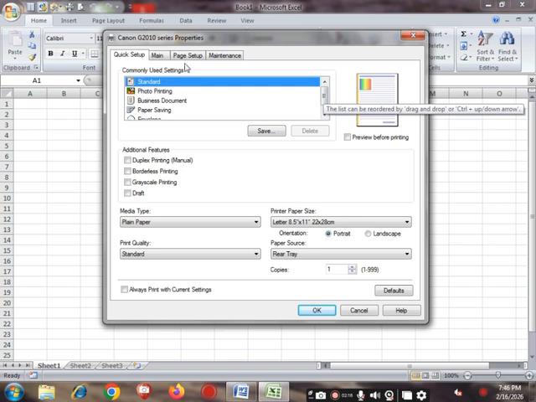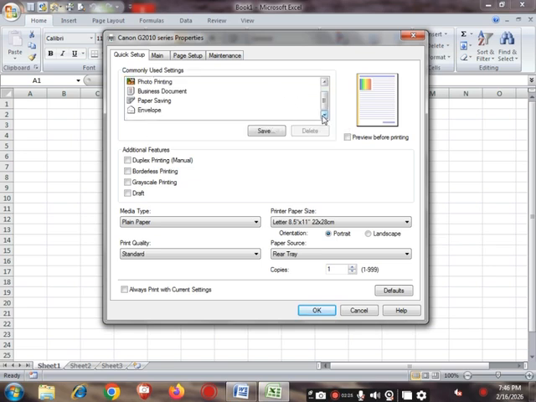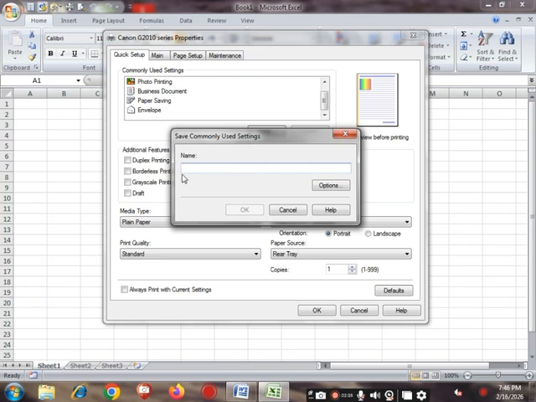This is the quick setup tab, and the first option is commonly used settings, which shows settings like photo printing, business document, paper saving and envelope. Any setting we can use. And we can save any other setting if we have, giving it any name, like I have given SR, and simply press OK.